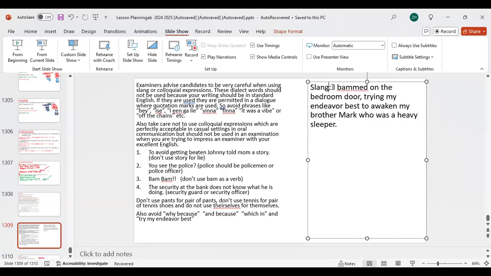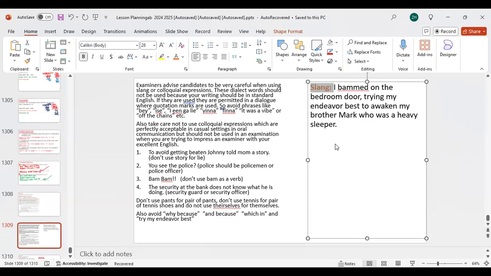This is slang. We don't want that. All right, so we can say proper. So proper way is I banged or I knocked. I banged on the bedroom door,